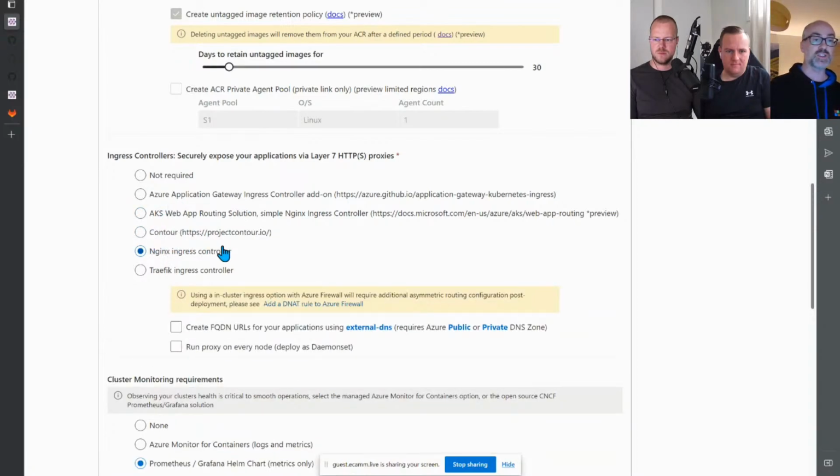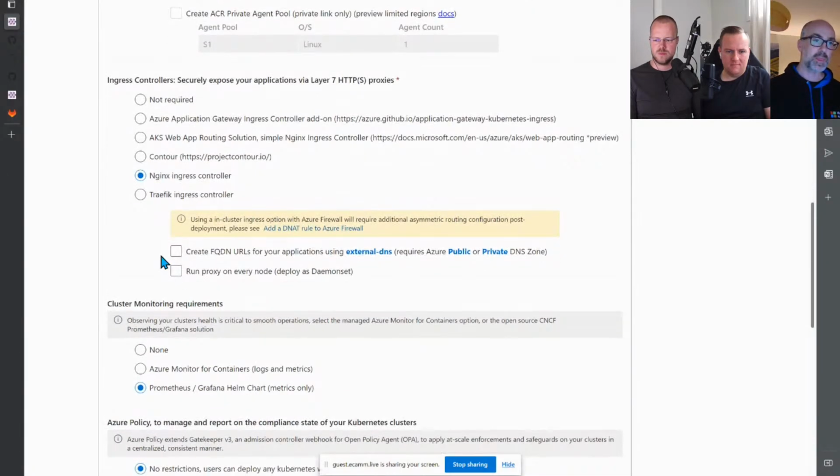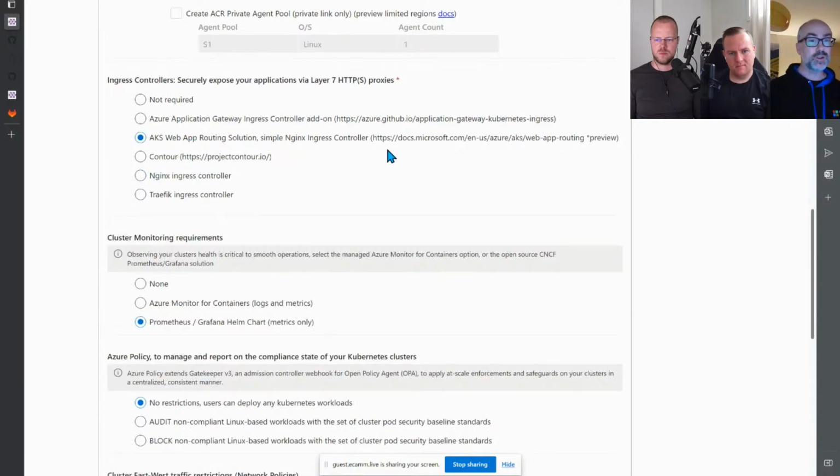So if I go for the Nginx one here, we're using Helm to actually install this on the cluster, and you then have the option of a bunch of different settings you can give to Helm, such as, well, actually, let's run this on every single node. So running Nginx as a daemon set on every single node, that might be what we want. So we fronted up a couple of the common options we'd want to have on there. But if you go for the managed solution, you don't necessarily have all the same dials to control it, but you get some of the benefits of it being managed.